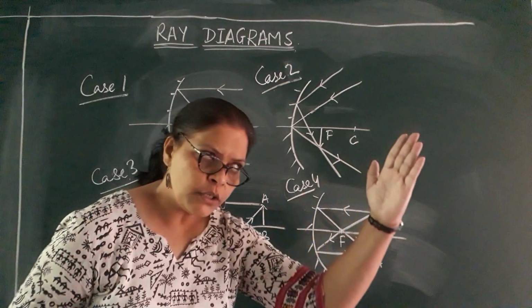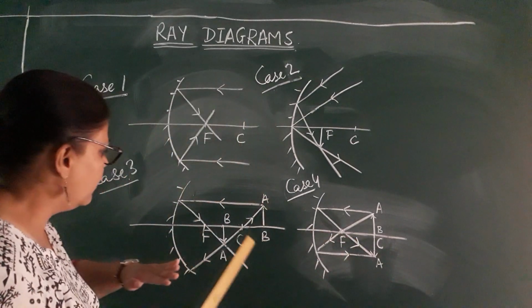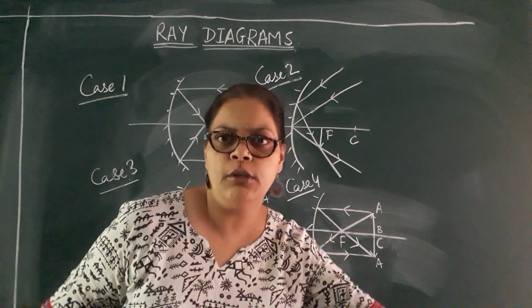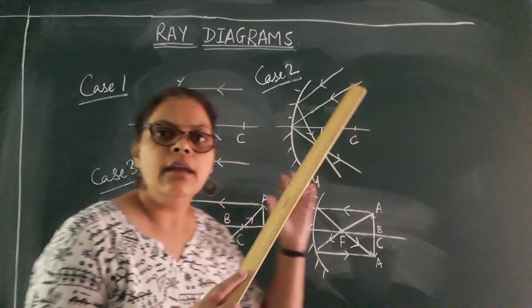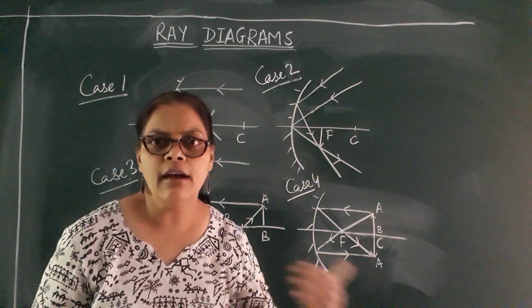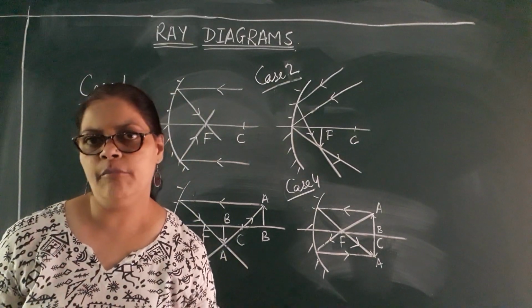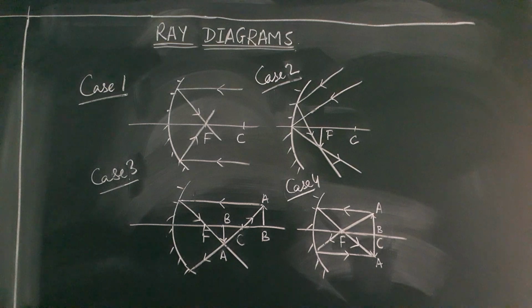So as the object is brought nearer to the mirror, the image is formed, the image is moving away from the mirror. So just imagine and compare these cases. I want you to have a careful look, and after this I move on to case 5 and case 6 for concave mirrors. These are the 4 cases on the board for you. Just have a careful look, and now I move to case 5.